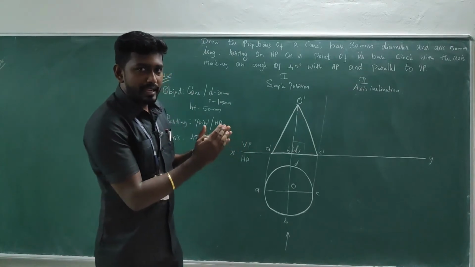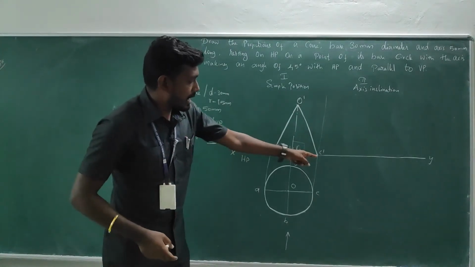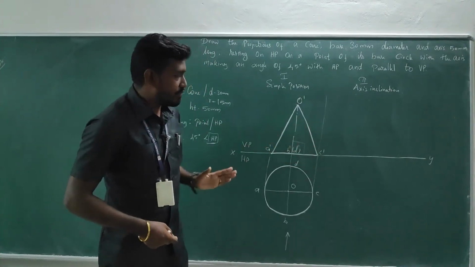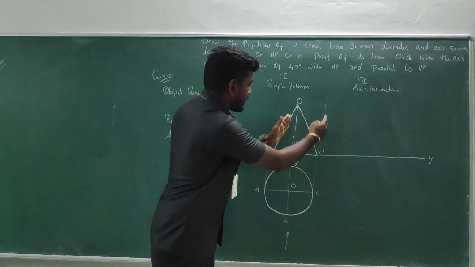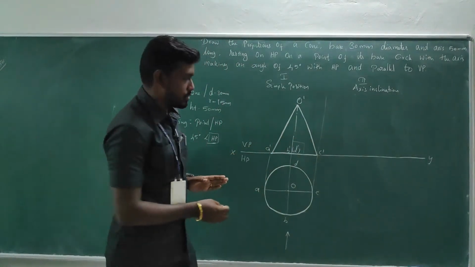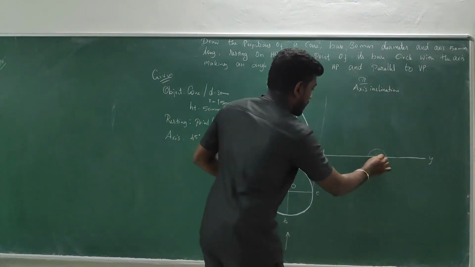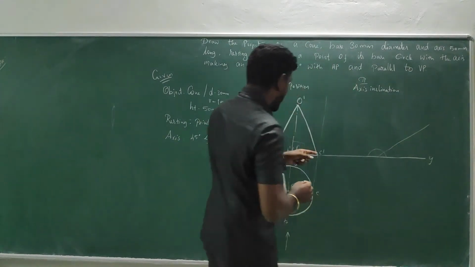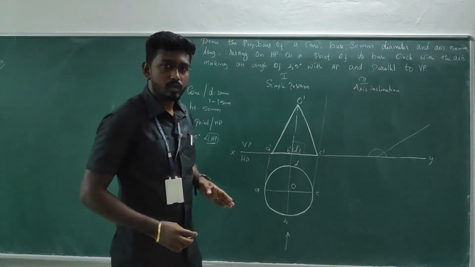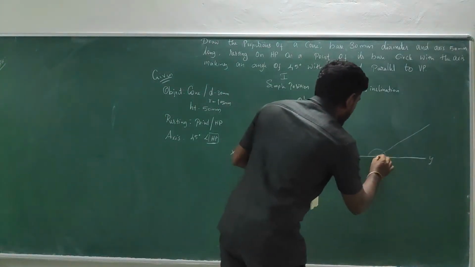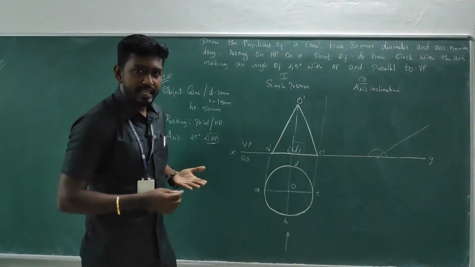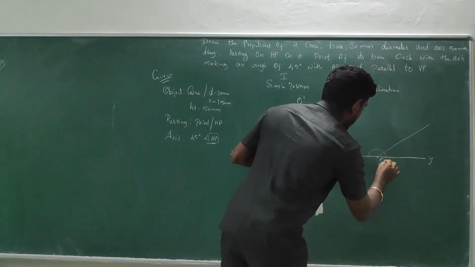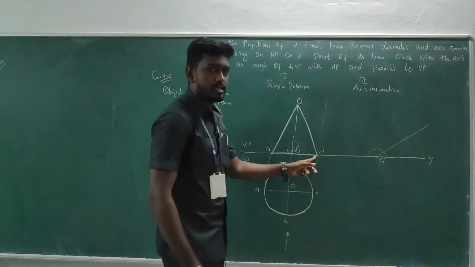So in order to get a better trace, I am going to take an imaginary line on the C. First of all, I am going to tilt it, and if you check, this imaginary line is parallel to the axis. So first, by keeping your protractor, go for reading 45 degrees and draw a line which is nothing but the imaginary line, this line. Okay. And then one of the points should be on the ground, HP, when we are tilting. So I am going to take C at this particular place. This is C1 dash.